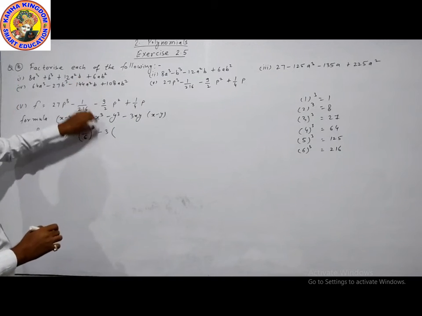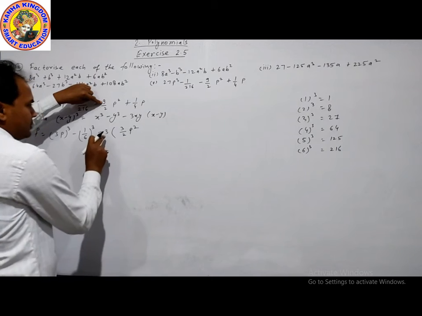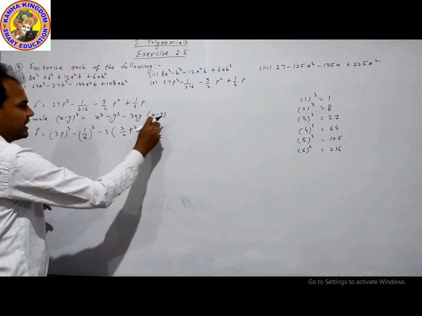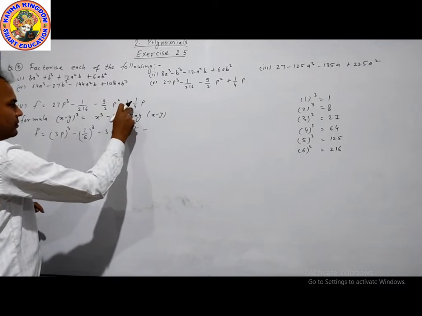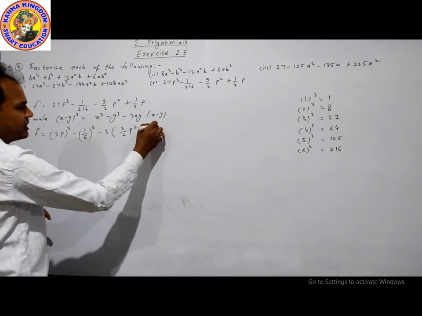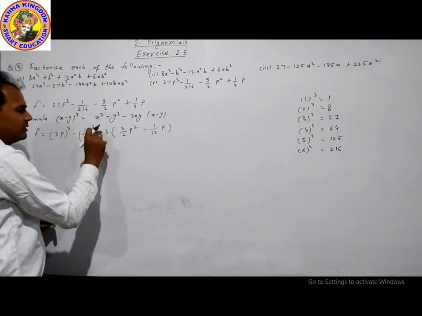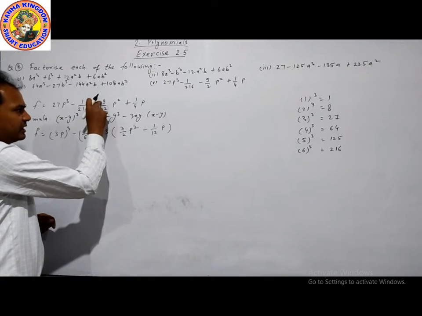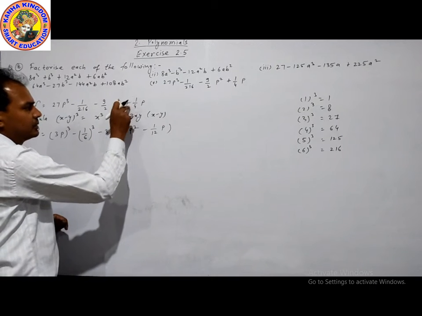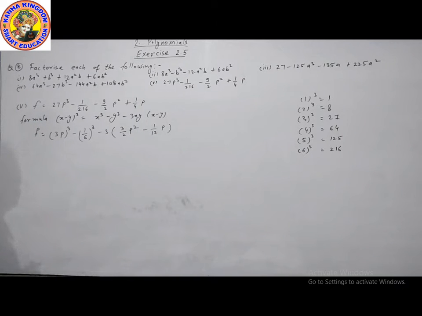First of all, minus will be taken common, 3 taken common, 3 by 2p square, this is minus 3 as a common part. Now taking minus as a common. Now dividing by 3, there is no 3, so 1, 4 into 3, 12. When we divide by 3, this is 1 by 12, then p. Taking minus 3 as a common, dividing by 3, 3 will be cancelled, 3 times, then 3 by 2p square. Now dividing by 3, there is no 3, so 1, 3 into 4, 12. This is our term.